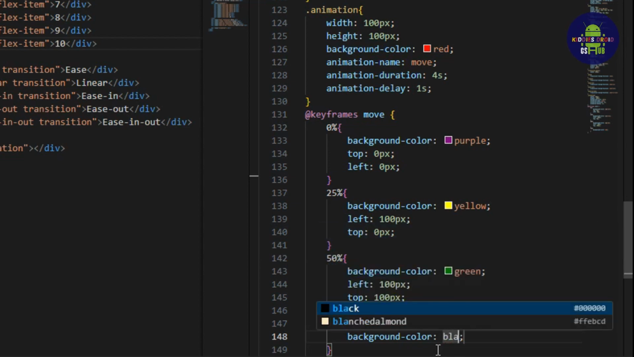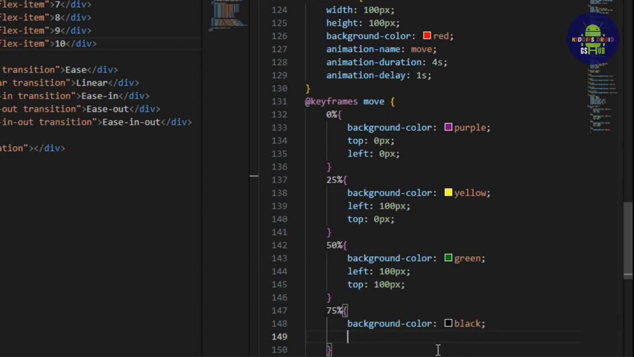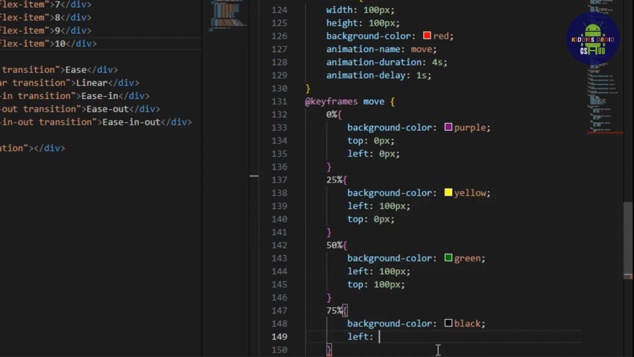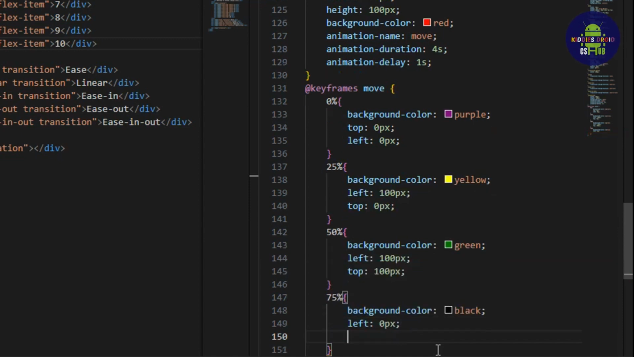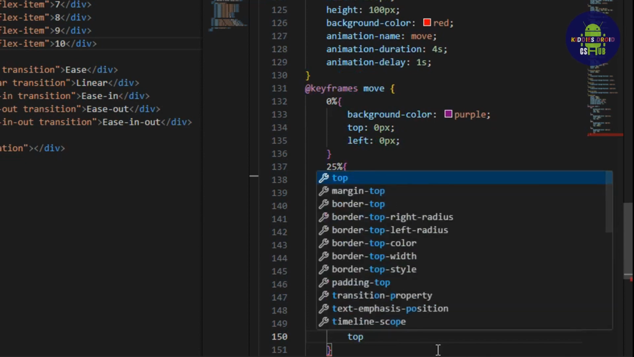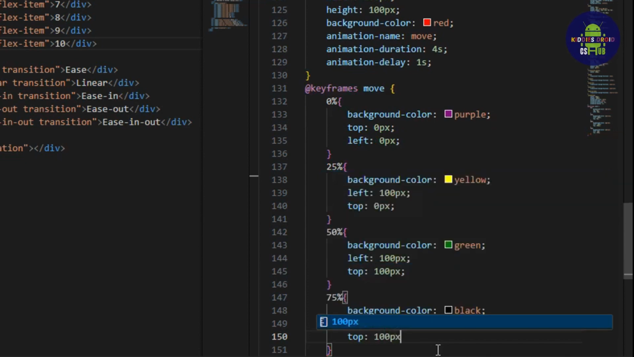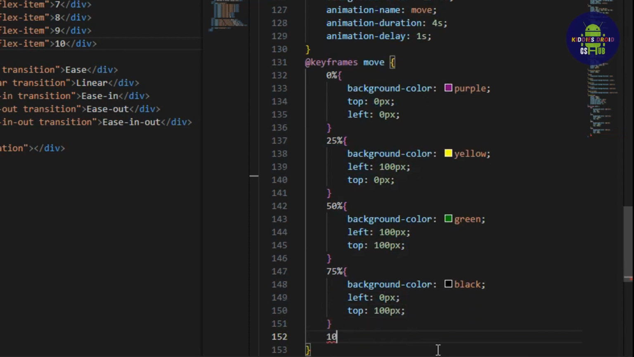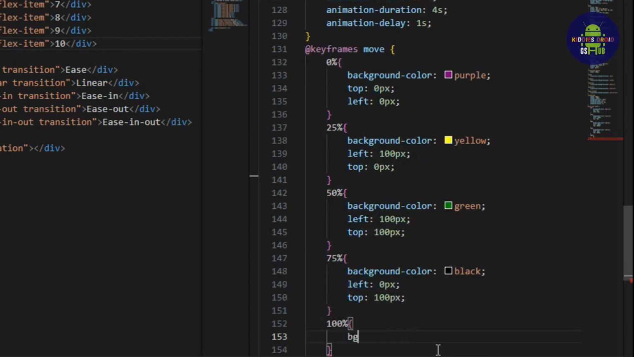Black. Keyless is black. And from the left, 0 pixel, and from the top, 100 px. Then the last one, which should be 100%, the background color should change from that to